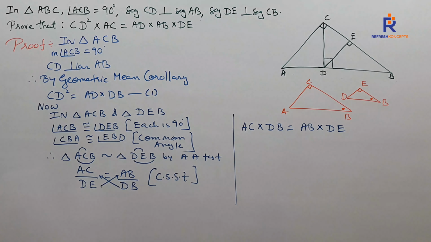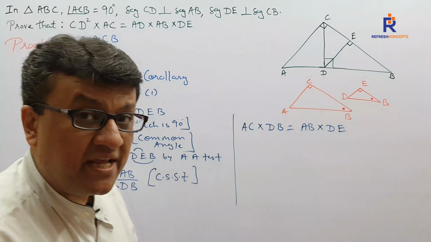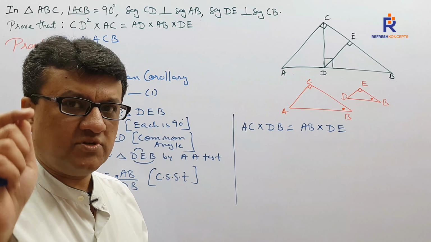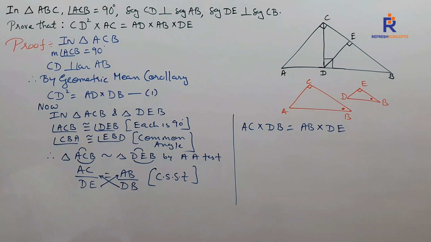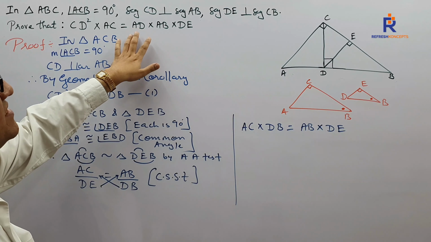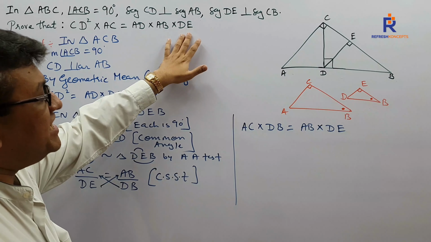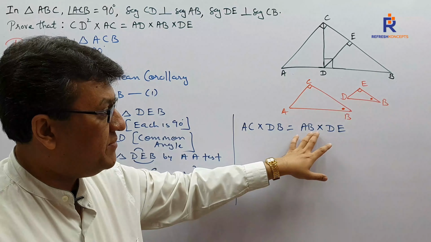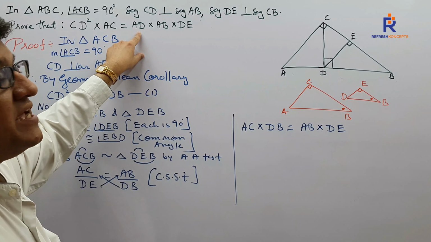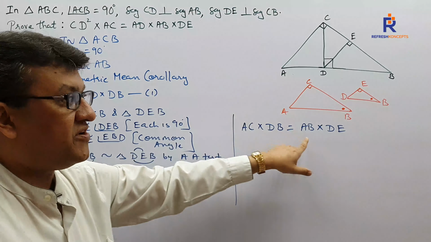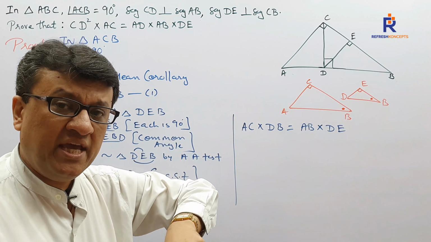Sir, what next? Now you might think you are done with everything, though you don't know anything. Once again, ask question to the question, and the question has to answer. Now I'm asking the question on the RHS. What you want and what you have as of now. The question says I want AD into AB into DE. At present, we have AB into DE only. What is missing? AD is not there. That means AD is what we want.